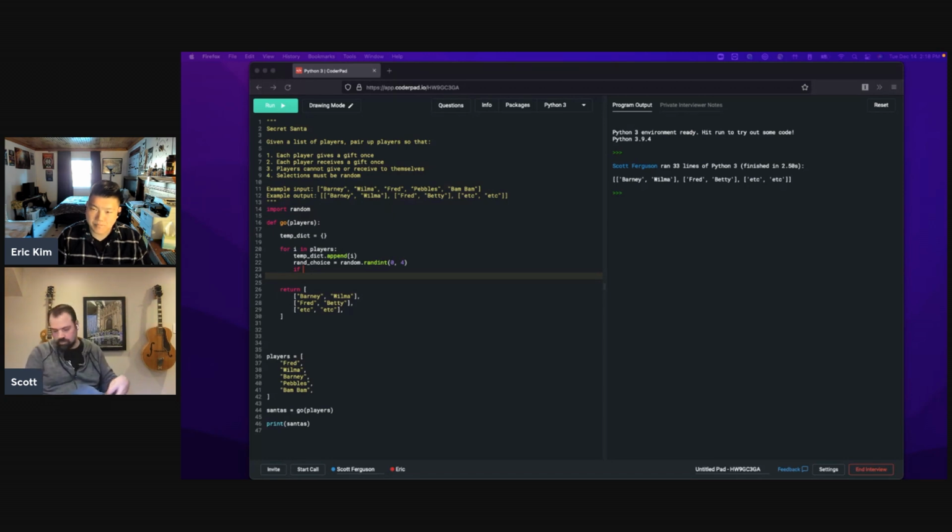I guess so. In the first iteration, append and choose a random number, and if a certain number from 0 to 4 has already been chosen, it should not be chosen again. That's kind of what it boils down to. So if 0 has already been assigned, then it should not be chosen again by not only the same person, but other people as well. So if rand choice, I guess, how do I now define whether it was chosen? So I guess the question then becomes, I have to use the dictionary, from the dictionary if